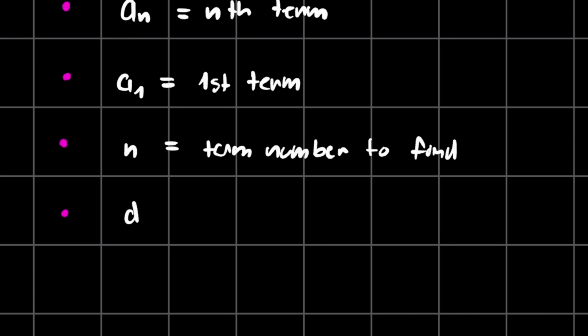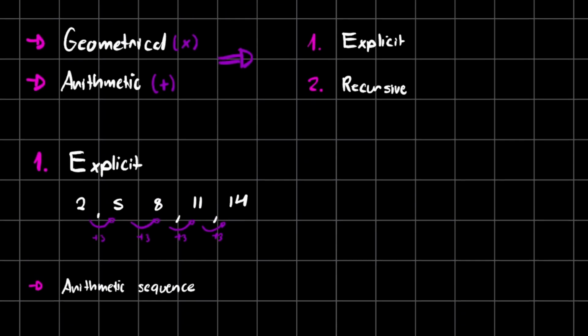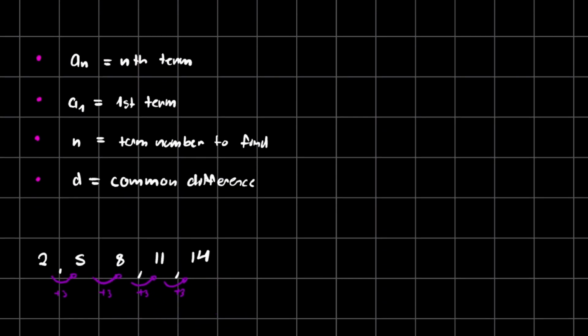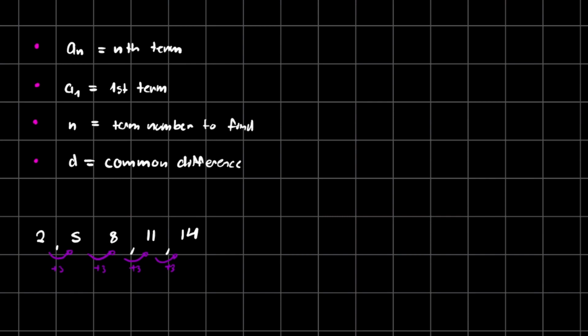And d, which is a common difference. Now, if we come back to an example here and we copy this, let's just copy this real quick, and we take a look at the values we need to find, we can simply say,